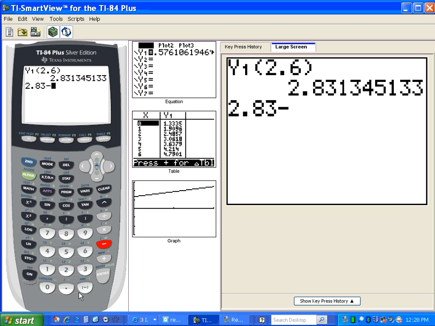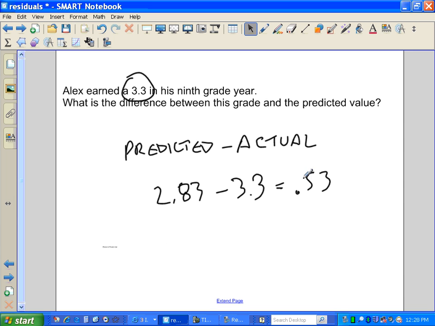2.83 minus 3.3. I'd rather make sure. How about negative 0.47? That's even much better. What was I thinking? Negative 0.47. Erase that. Destroy the evidence. Okay, back to the pen. Negative 0.47. Okay, so that is what's called